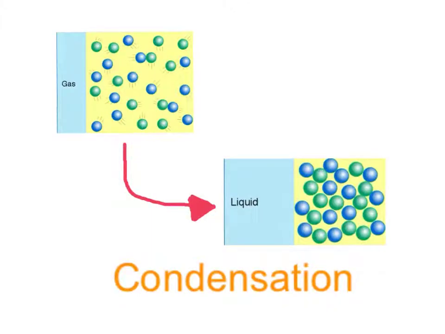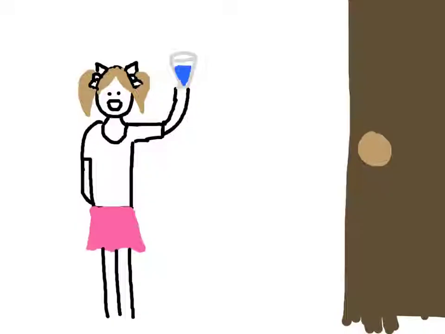And what happened here is an object didn't go from liquid to gas. It went from gas to liquid. And that's called condensation. And when it rains, that's an example of condensation. So now the intermolecular distance decreases a little bit, and the molecules are restrained slightly. Not too much, but slightly. So they're back in their liquid form and moving around a little bit, but not as freely as they could in gas. All of a sudden, a little girl came and took Harry and put him in a glass